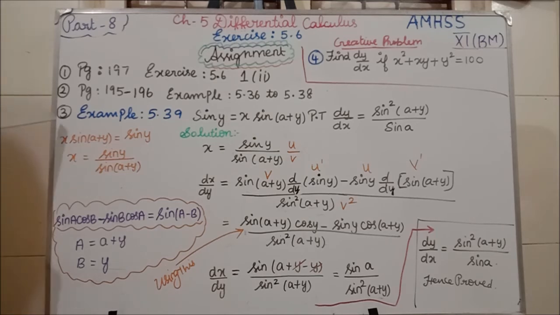Clear? Now, the third question is example 5.39. That is different. All the three problems, how I did in the video, are the same model. Example 5.39 is also the same model, but inside we will use some formulas. Those formulas we will read only in chapter 4, trigonometry. So now you don't know that formula, no. So I am explaining example 5.39. Clear, students? You are going to work out this problem step by step, but in the book they have given direct steps.